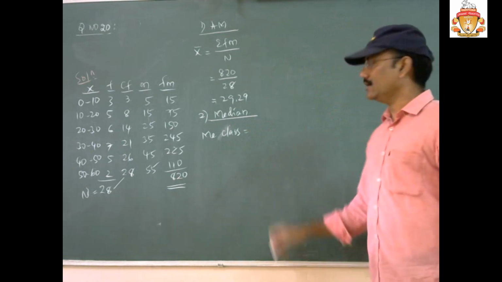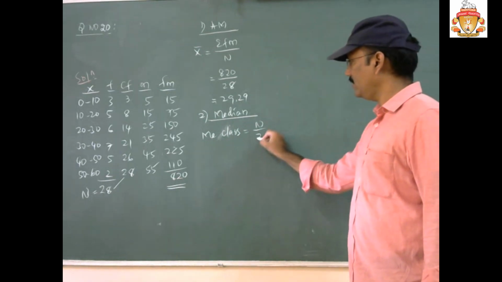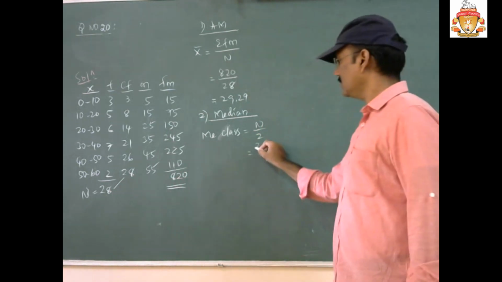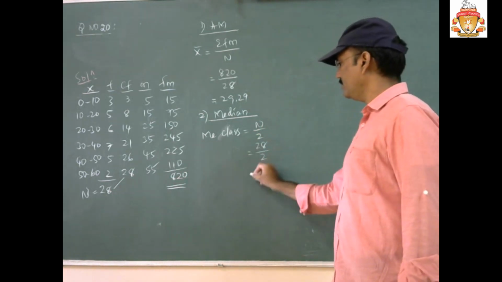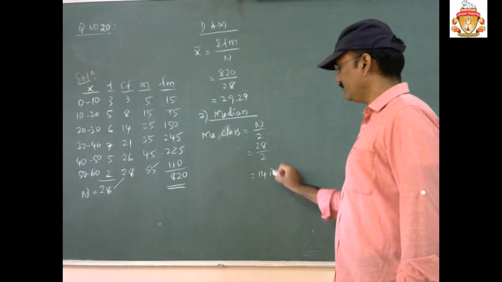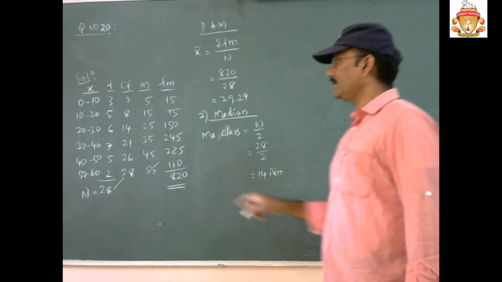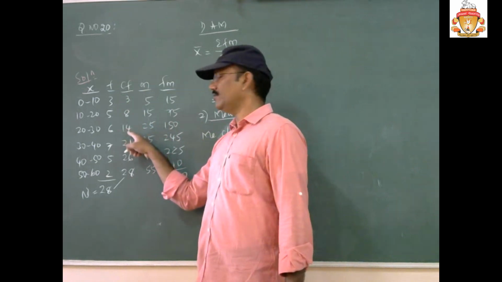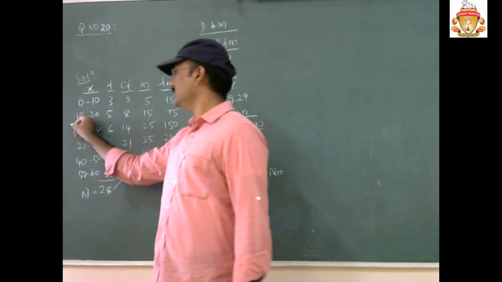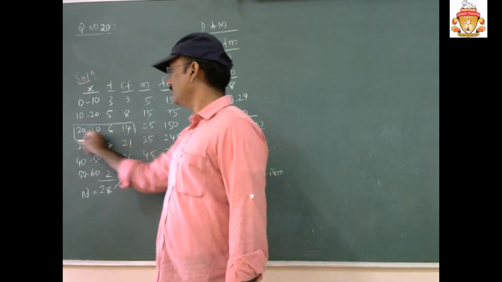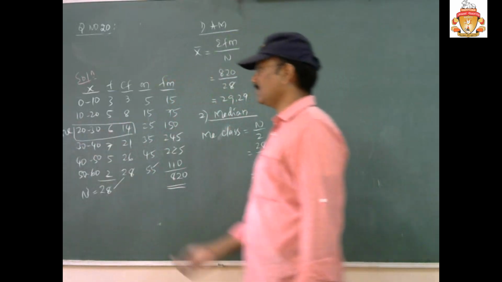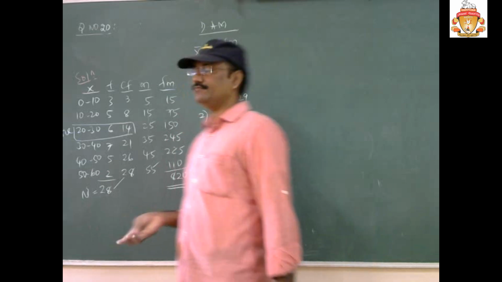First you have to find the median class. What is the median class? The n divided by 2-th item. What is n here? 28. 28 divided by 2 is the 14th item. You check the 14th item in the CF column. Exactly 8 is over here, more than 8 up to 14. Exactly 14 is here. This class belongs to the median. So your median answer comes between 20 to 30.